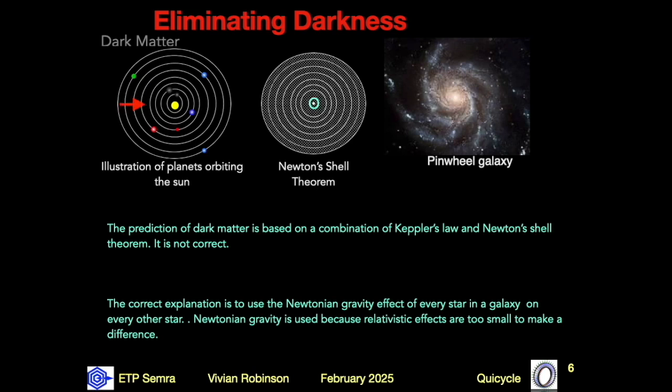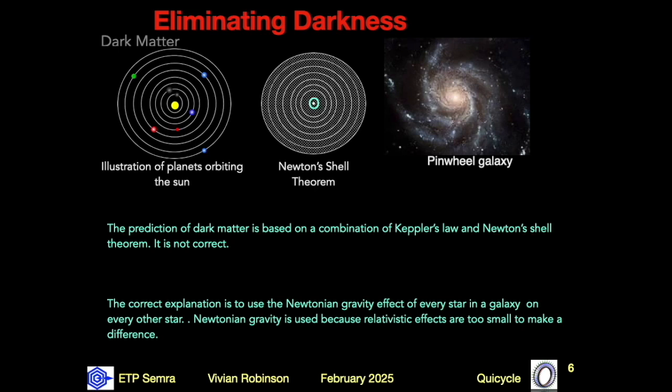Planetary motion is about a large central mass, the Sun. It contains about 98% of the solar system's mass. Galaxy motion has mass distributed throughout it. To some extent, that can be overcome by using Newton's shell theorem. It states that the gravity of a body of uniform density acts as if all the mass was concentrated at its center, O. Well, a big problem with that is that mass is not uniformly distributed throughout a galaxy. The mathematicians were using a theory to predict dark matter that was not correct.